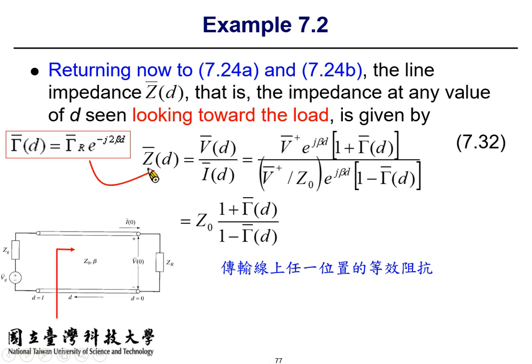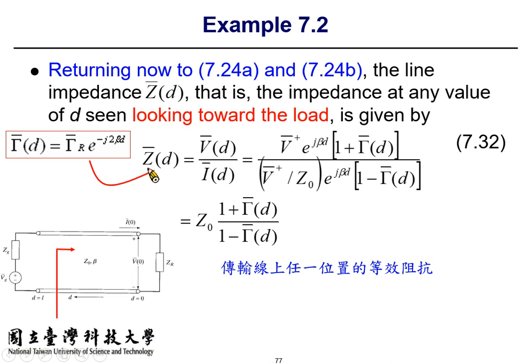We want to know not only the termination of the transmission line, we want to know the equivalent input impedance anywhere on the transmission line, which, as you can see here, can be composed by characteristic impedance and reflection coefficient